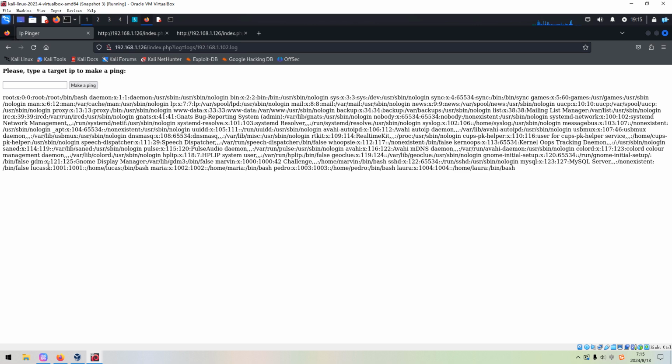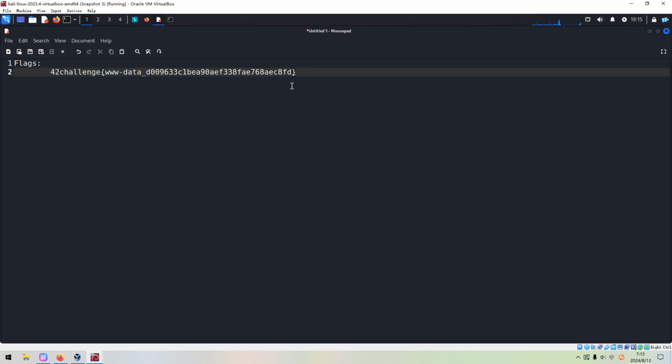So what do we have to do next? We need to exploit this file inclusion vulnerability. The LFI exploitation should be like this. First of all, we need to check whether we can retrieve the private key of a user.